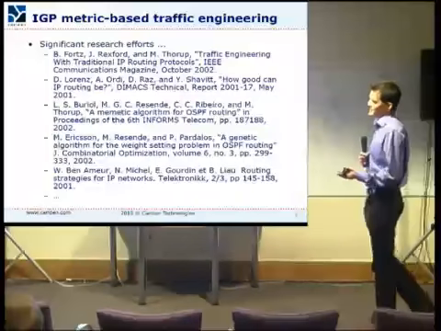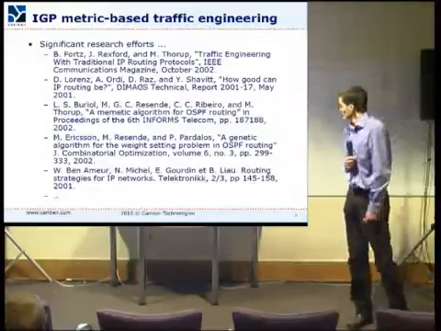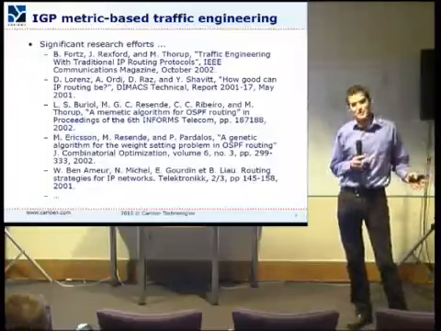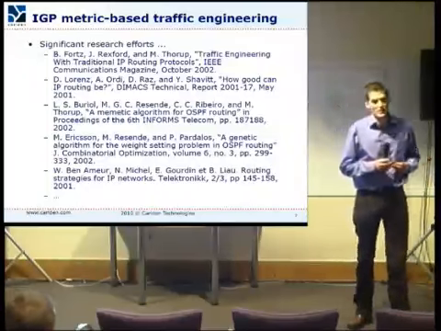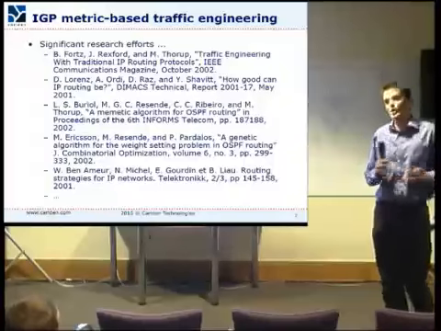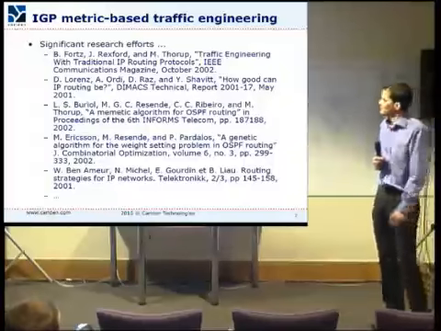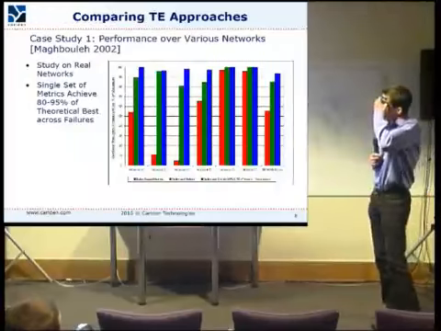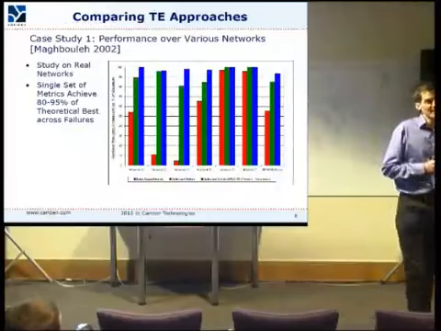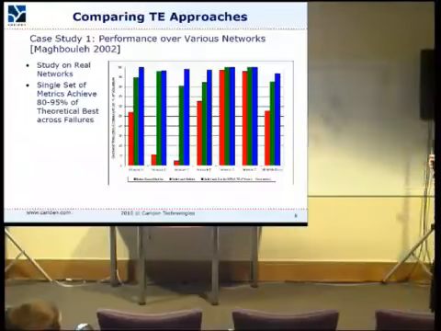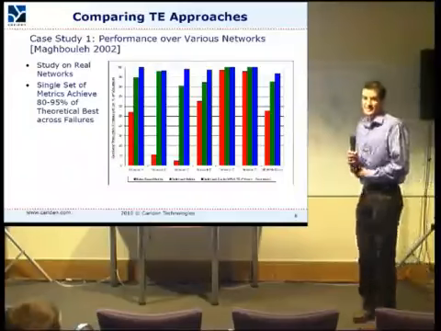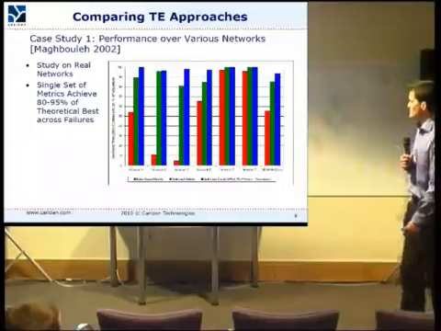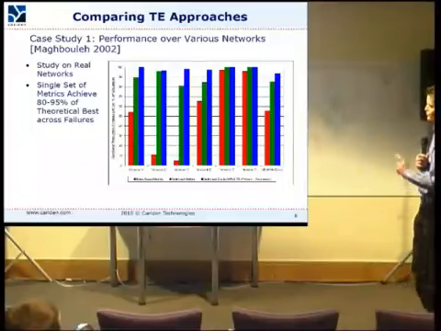But there was a whole set of research done, getting on to 8-9 years ago now, which was focused on holistic approaches to metric-based traffic engineering. So actually looking to see whether it's possible to do a global optimization to come up with better routings. A number of different approaches, and we did some work looking at taking some specific networks. These are all tier ones, so they're all big networks with quite meshy topologies. And typically, metric-based traffic engineering works better in meshy topologies. But this is giving you a comparison of different approaches.